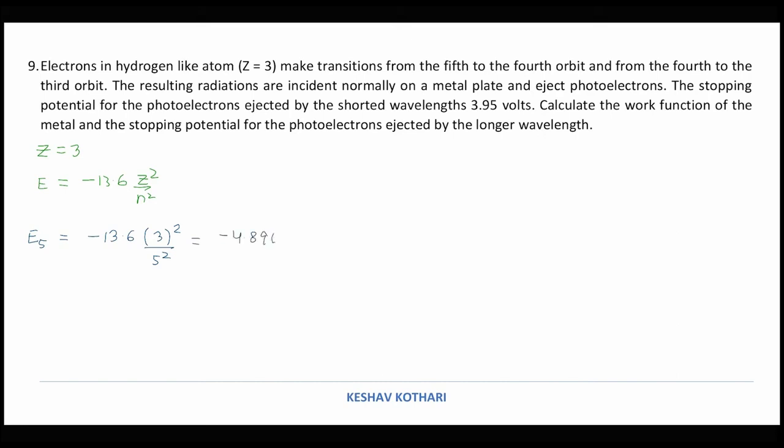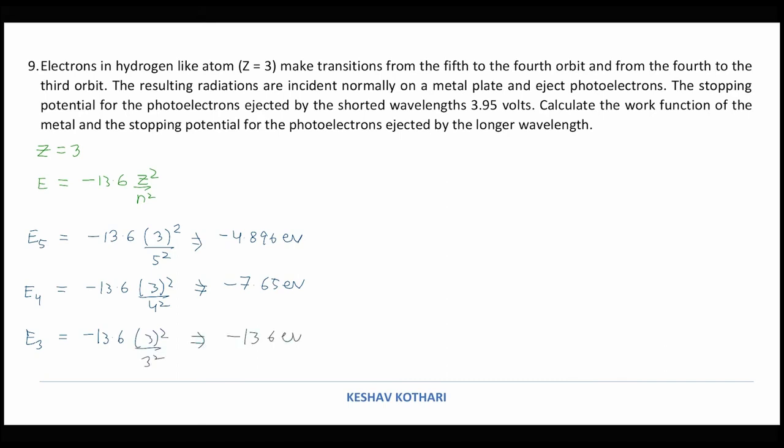4.896 electron volt. Next we are calculating the energy corresponding to N equal to 4, and we can put the value in the same equation, minus 13.6 Z squared by 4 squared, and we obtain a value equal to minus 7.65 electron volt. Next we are looking at the N equal to 3 orbit. So we can put this as minus 13.6 Z squared by 3 squared, and the value is obtained as minus